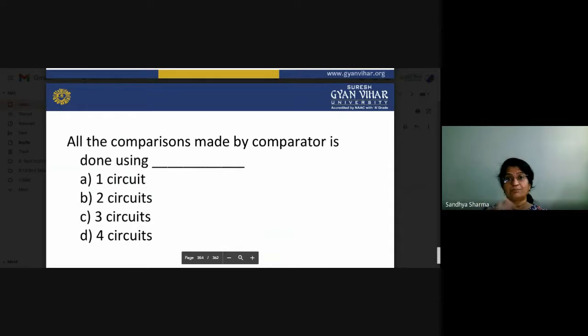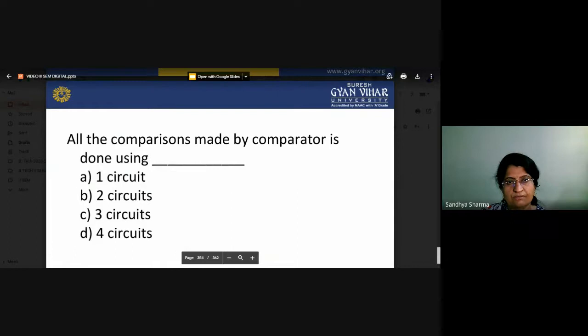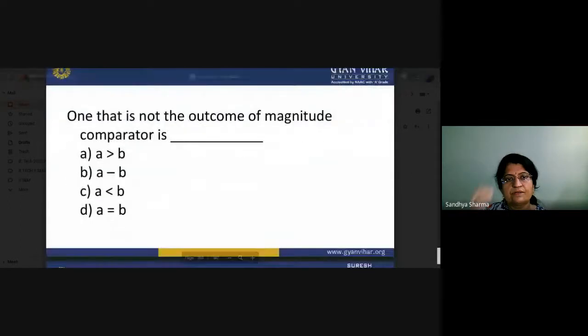But now what about the comparator? All the comparison made by the comparator is done using what type of circuits, and how can you do all the comparison by a comparator? So A0, B0, A1, B1, A2, B2. How many circuits do you have to require? You can also see what is not the outcome of a magnitude comparator.